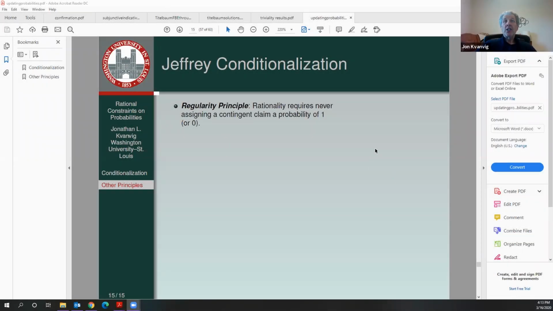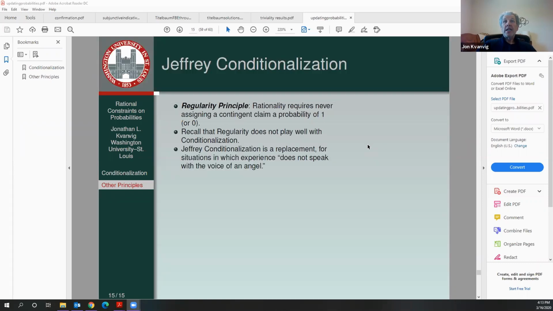Jeffrey Conditionalization, he called it probability kinematics in 1963 when he first published this material. But it's come to be called Jeffrey Conditionalization because probability kinematics did not convey any special information. So let's name it after Jeffrey. Jeffrey Conditionalization arises from an attraction to the regularity principle. Regularity doesn't play nicely with conditionalization, so we use Jeffrey conditionalization in place of ordinary conditionalization when we're in a